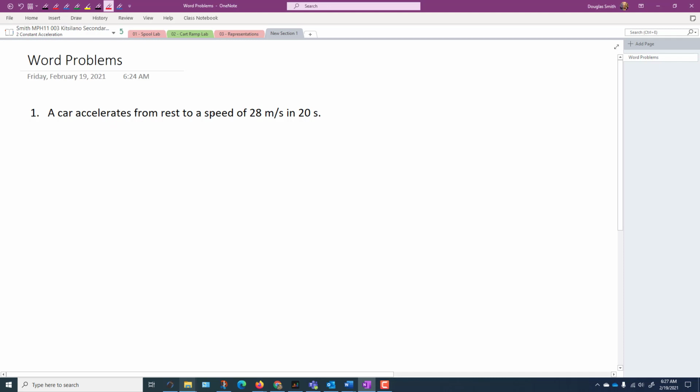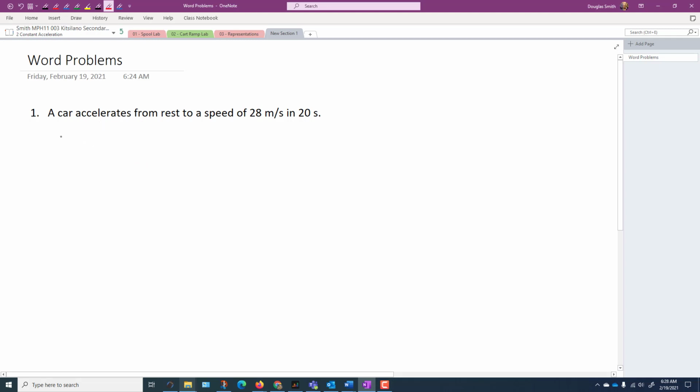You'll notice that it's not asking for anything specific. What I want you to do is to find as many things out as you can for each of these situations. And I want you to draw at least 3 graphs and diagrams to help you solve these problems. I also want you to write down stuff you know. So for instance,